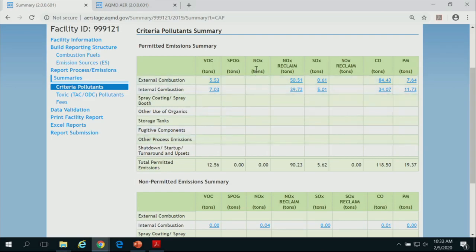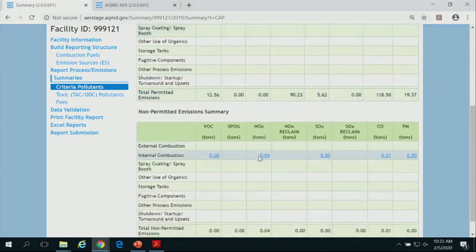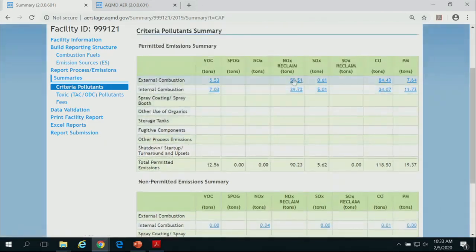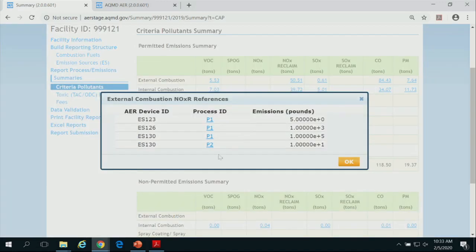So if you're a reclaim facility, you can see what you reported as reclaim NOx or not reclaim NOx. As you see, I have a non-reclaim NOx emission here, and most of the things are reported as reclaim. The blue numbers indicate that there's a link. If you click on it, it shows you all the devices and processes that contributed to that number.